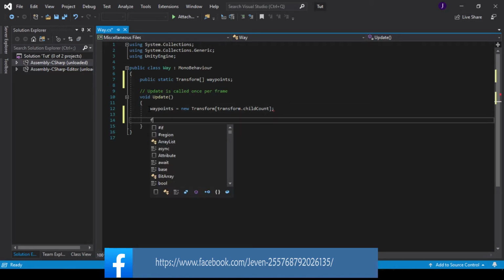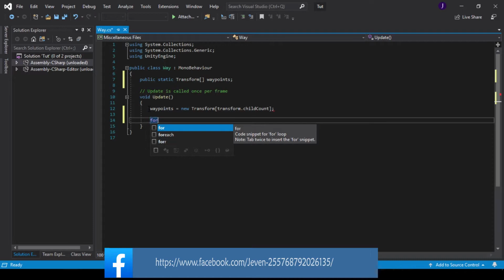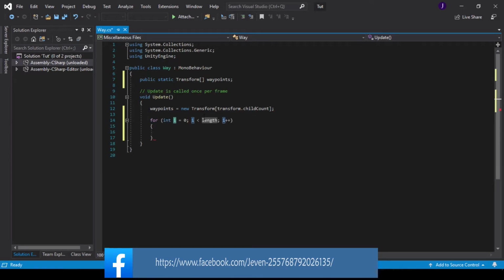And below it, we're going to create a for loop. So write for and then hit tab twice. We're going to check if this is less than our waypoint.length,